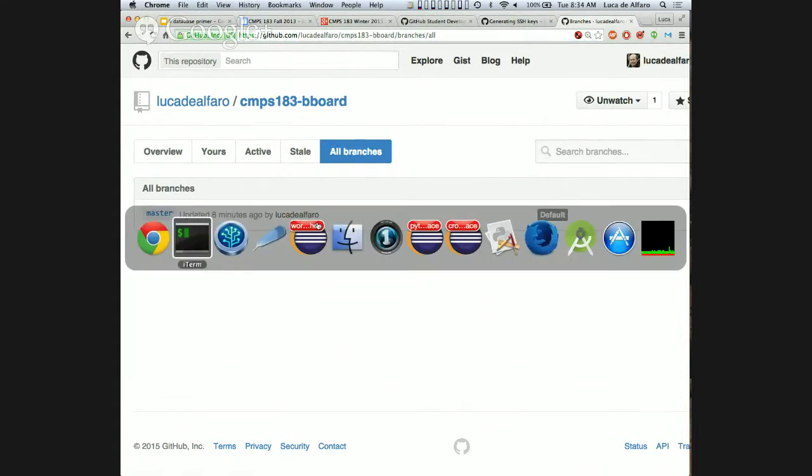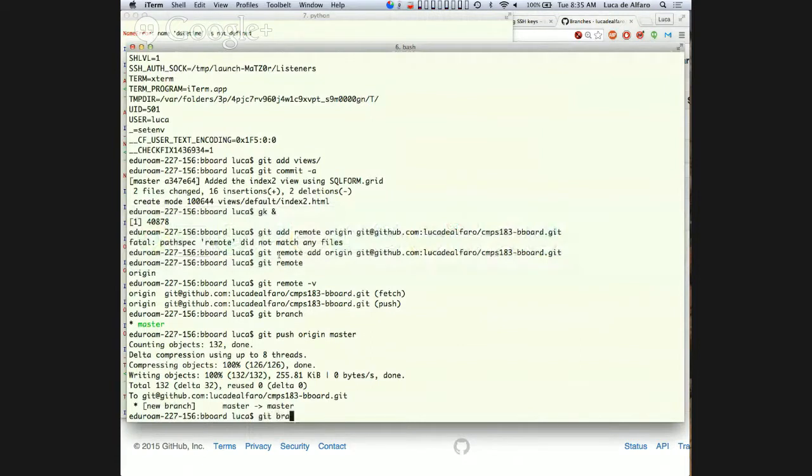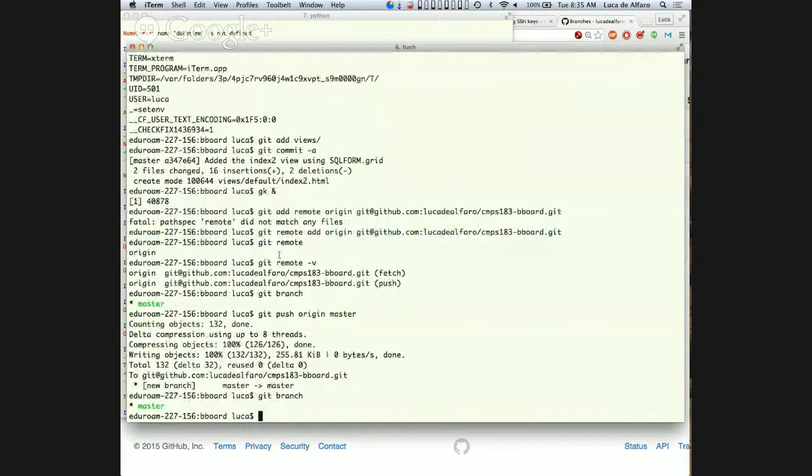So now, just to give an example, imagine that I actually need to do some work there. Sorry. How do I do this? I'm here, and if I ask git branch, well, I'm in the branch master. Now I want to work in the branch Luca, okay? So how do I create a branch Luca? Git checkout -b Luca.